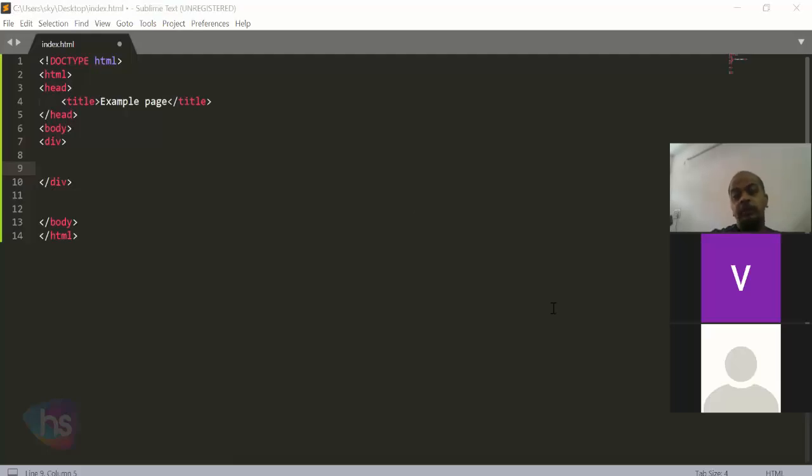Within the body we are writing some text and it is showing the text in the font. Whereas this is the Sublime Text Editor. If you are comfortable with Visual Studio Code, that is one of the most popular and free IDEs. This is also a code editor, and this is also a free code editor.